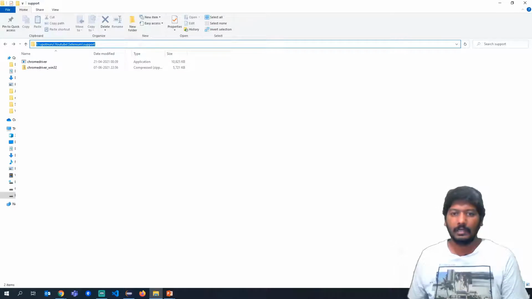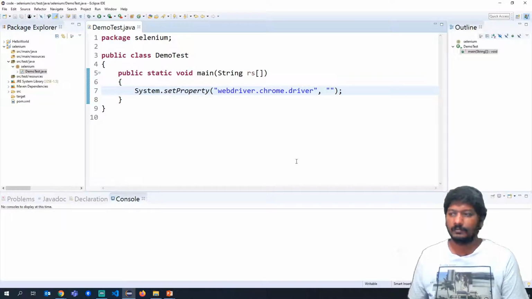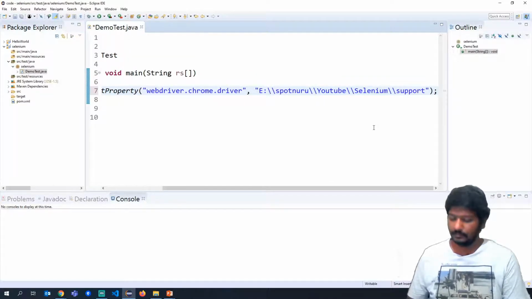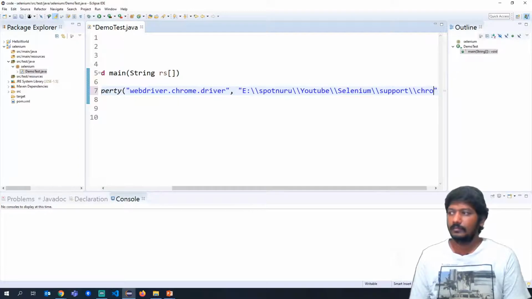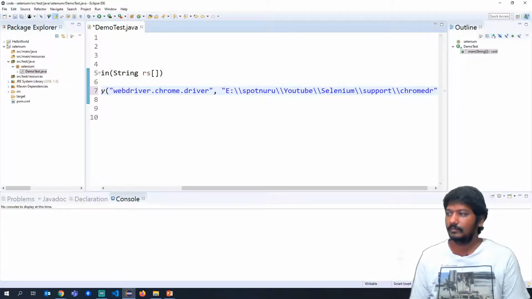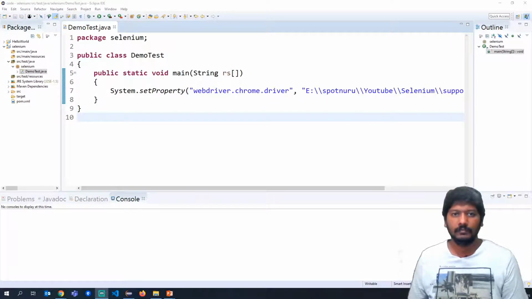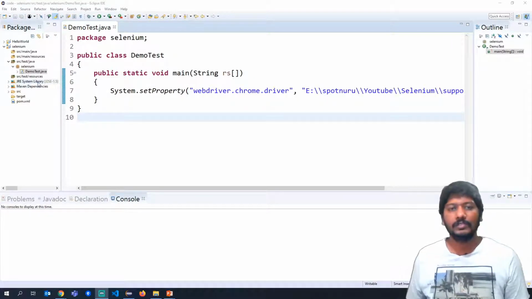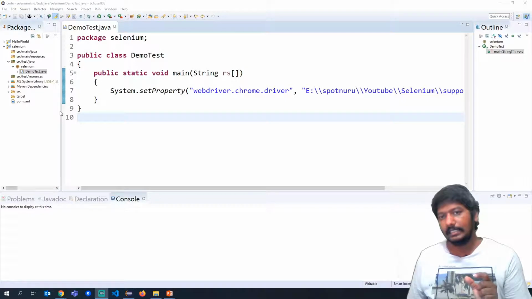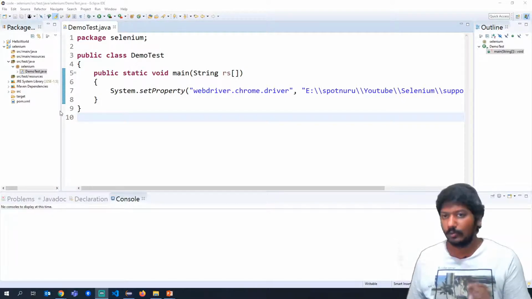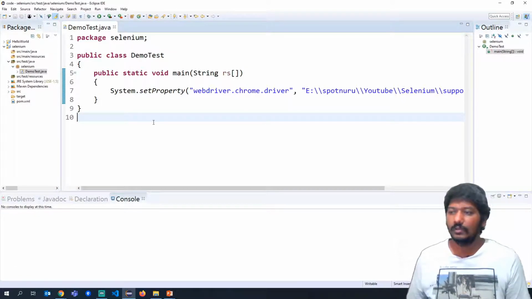I am copying the path. So I wrote the code which will help us to set the driver location for our Chrome browser. So this is the code.